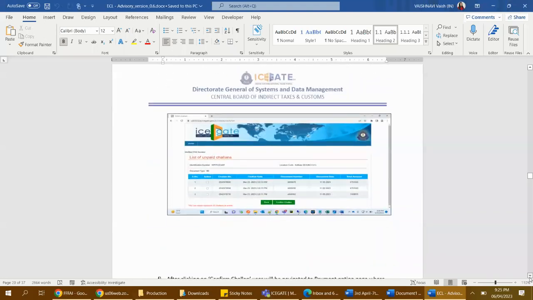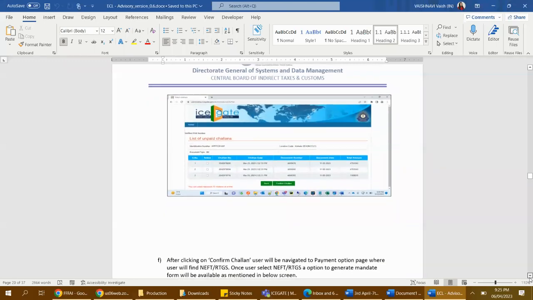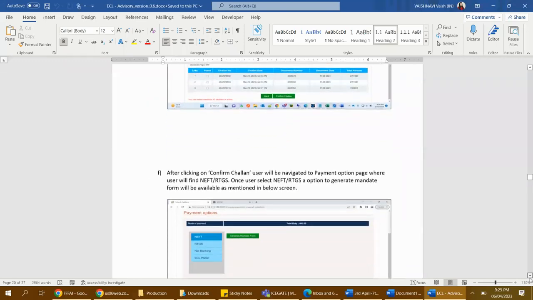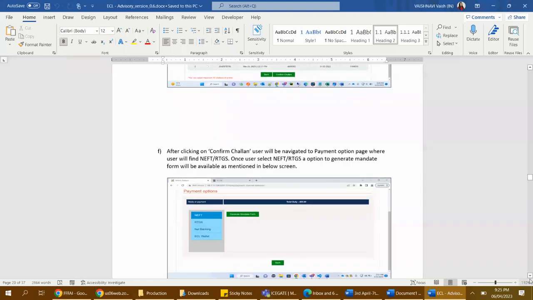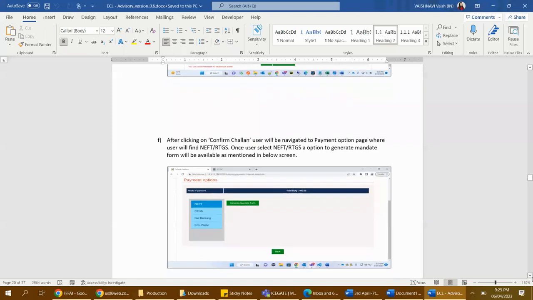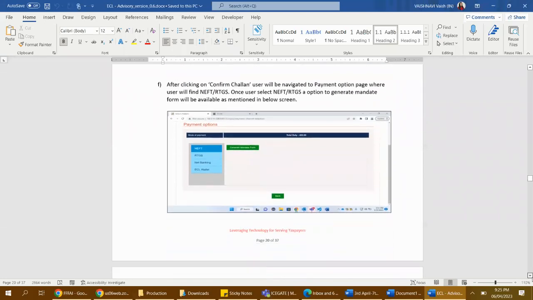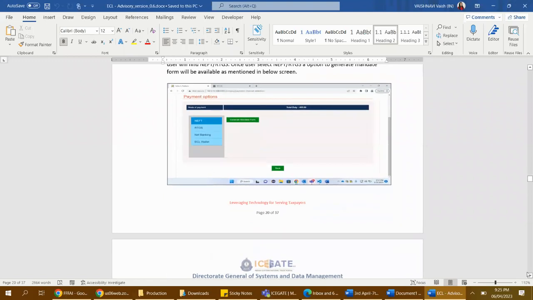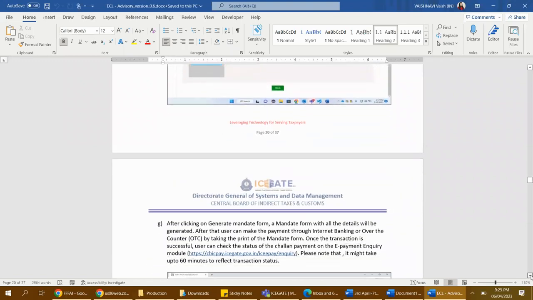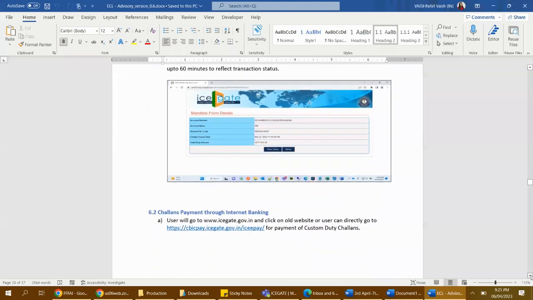Now, this is the next page wherein you will see the challans. This is the same old screen. After selecting a particular challan, this screen would appear, where RTGS, NEFT, internet banking or ECL wallet options are available. Then the mandate form. Since this is new to ICEGATE ICES users, a mandate form with a virtual account number and virtual